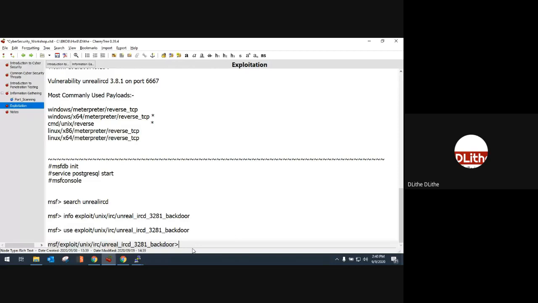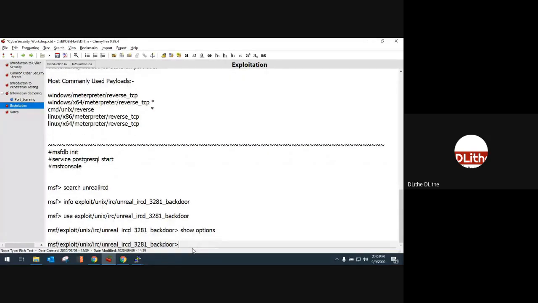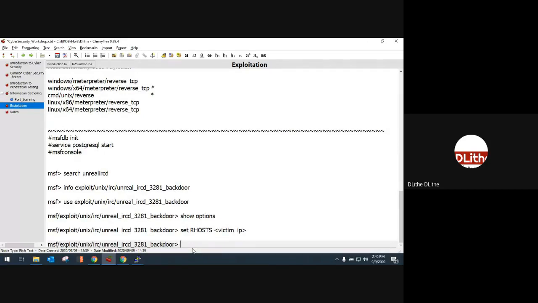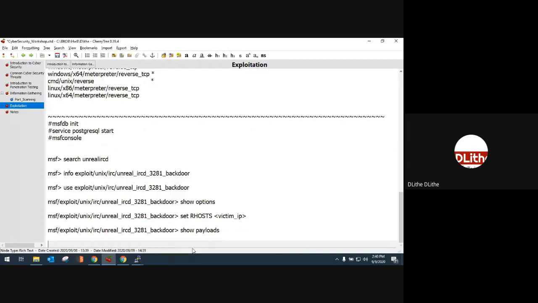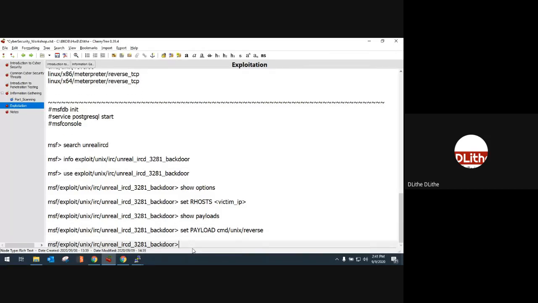show options to see all the options that we require. After showing options, we set the RHOST to our victim IP. After that, we use show payloads to see all the payloads that are compatible. Then we set our payload to cmd/unix/reverse, which is an efficient payload for this attack vector.